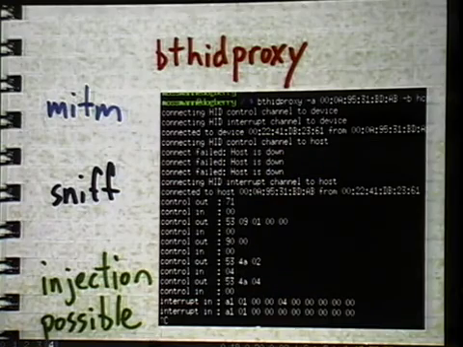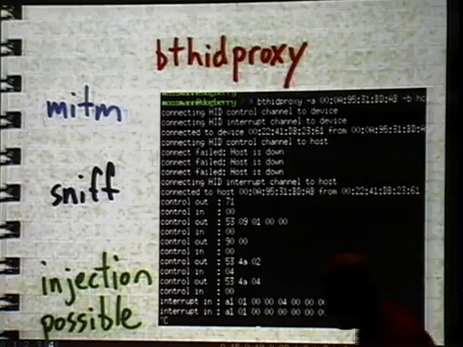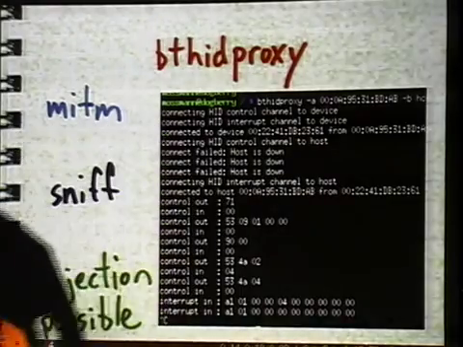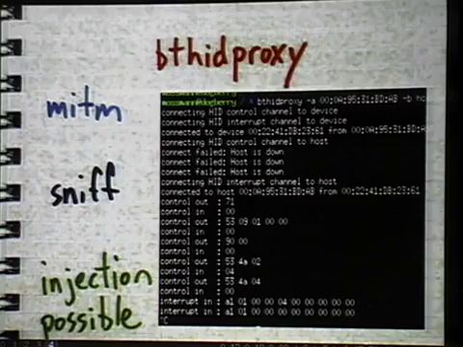Well, if you can connect to a device and pretend to be a host, and if you can connect to a host and pretend to be a device, then the natural thing to try is a man in the middle, right? So I put together this little tool called BT-HID proxy. And this is using plain off-the-shelf dongles and the BlueZ stack on Linux. And what it does is it configures